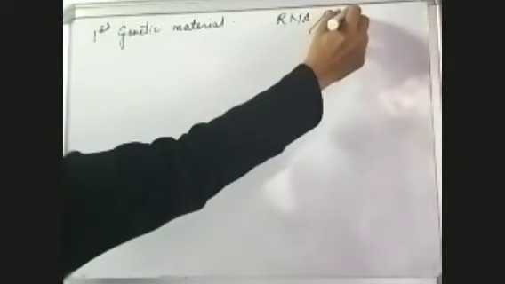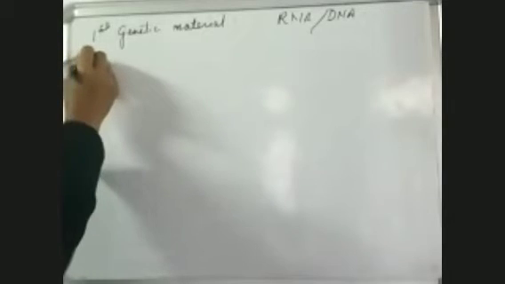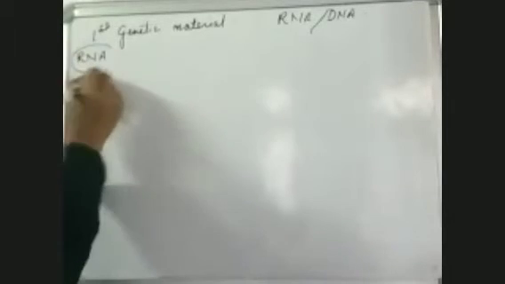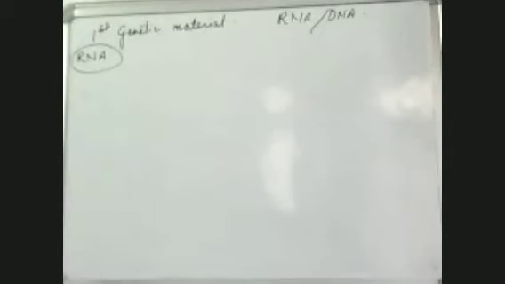Whether it is RNA or it is DNA, which can be considered as the first genetic material? So RNA can be considered as the first genetic material, and the reason and the justification that we can say that RNA is a genetic material is